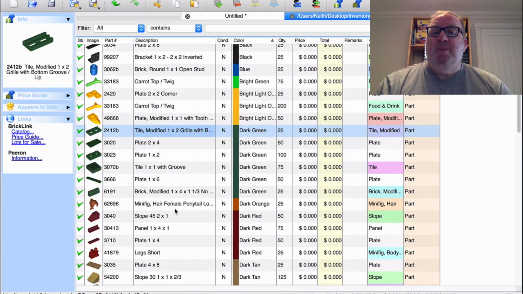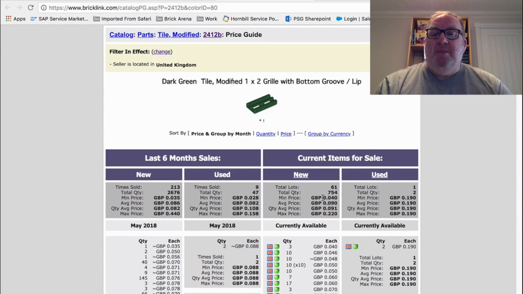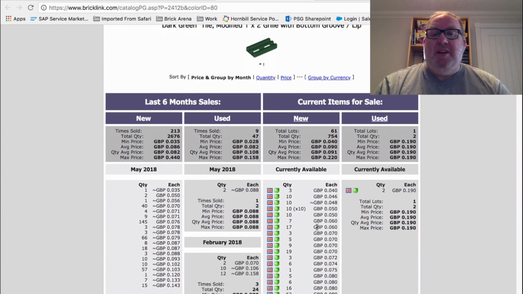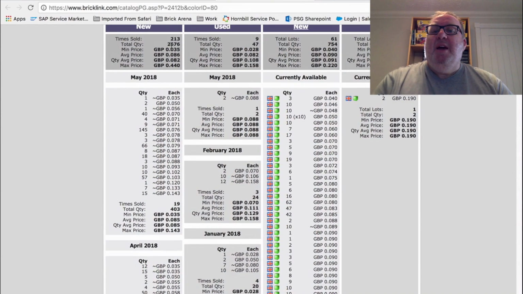Now, of course, the benefit of doing it this way is it allows me to choose what price I want to set more specifically, because if I look at this part here, the average price is 0.086, but